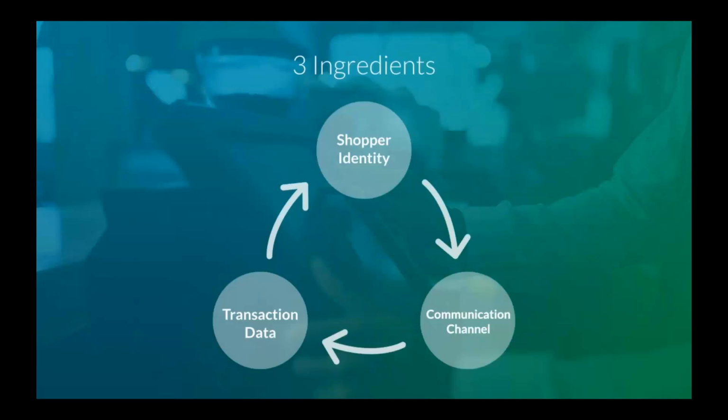So building Pinky and acclimating him to your business is easy, and it requires just three ingredients. Ingredient one is shopper identity. Ingredient two is a communication channel such as an email or a phone number. Ingredient three is transaction data. So the AppCard system for Retail Pro is designed to allow you to capture these three ingredients to power the artificial intelligence. Let's actually take a look at how these come together.